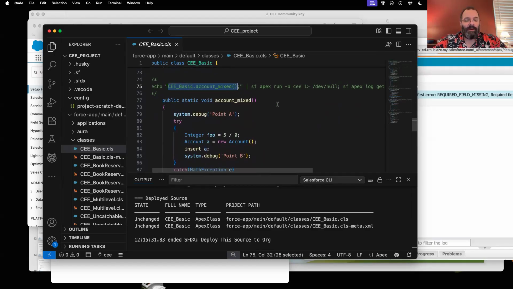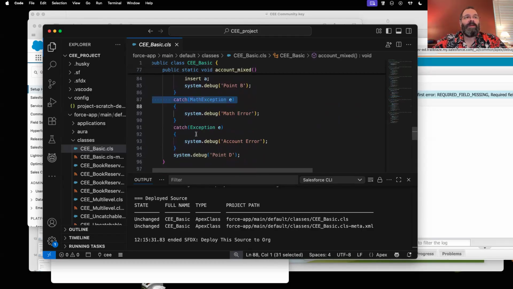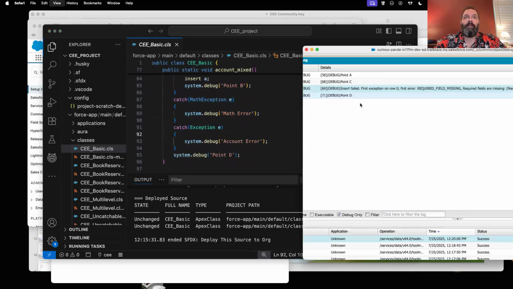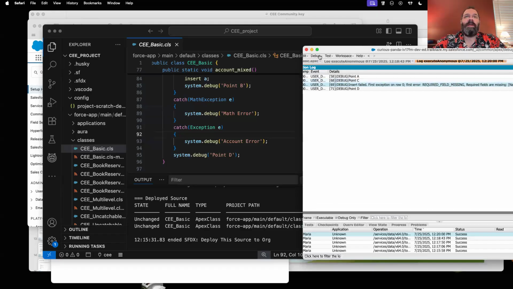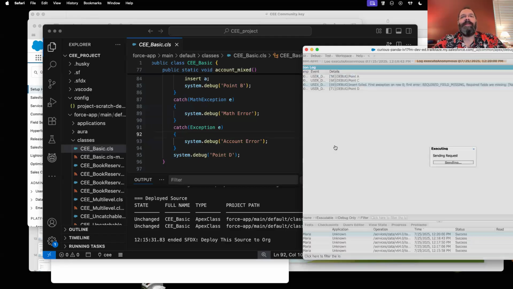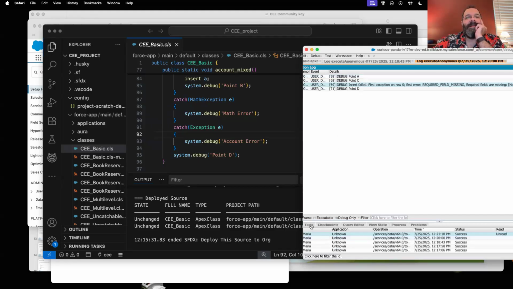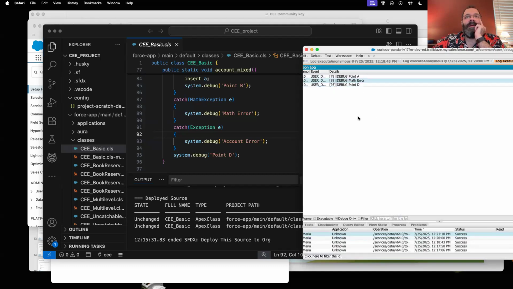This code will illustrate that as well. Notice I have two catch blocks, one for a math exception and one for any other type of exception. This is yet another thing you can do. Wow, look at this. This dev console is getting funky. Do you see how it gives a math error? Because it catches that that's a math exception.